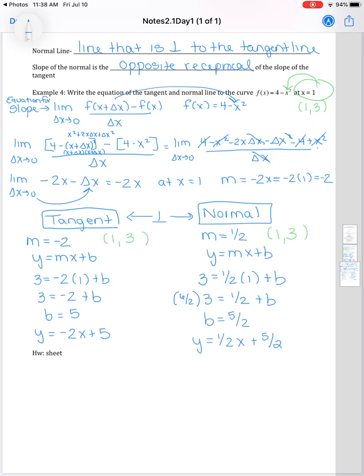Please keep in mind when you do these questions, the slope needs to be a number. Many times in the past years, people have left them as an equation. You cannot have x's in your equation. These two values, this one and this one, should only be a number. There should be absolutely no variable associated